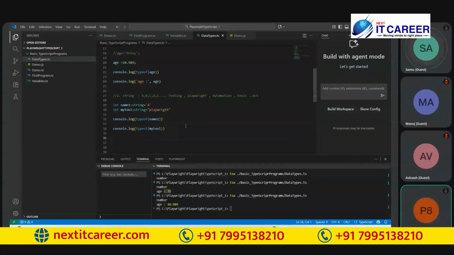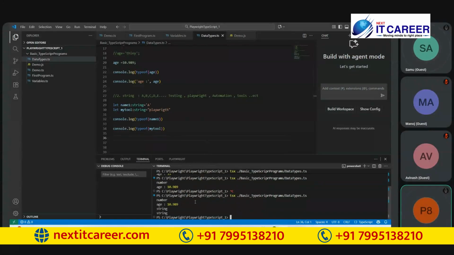If you simply execute this, click on it. See this. What is the type of data we are storing in name one and my2? String. Online, is it clear?